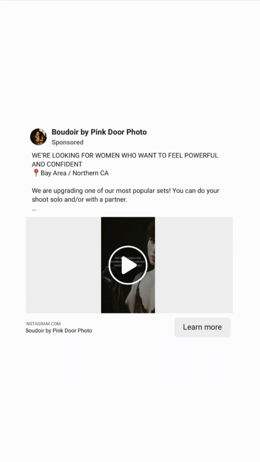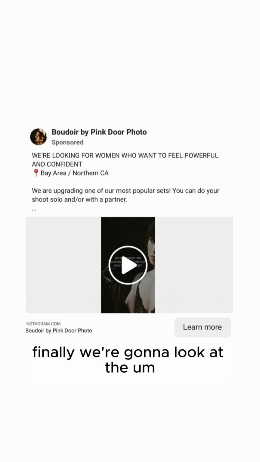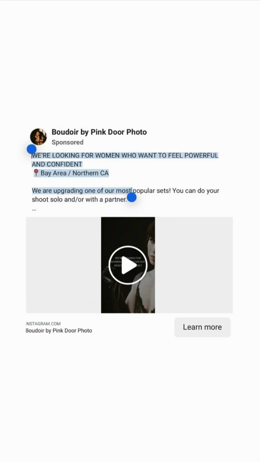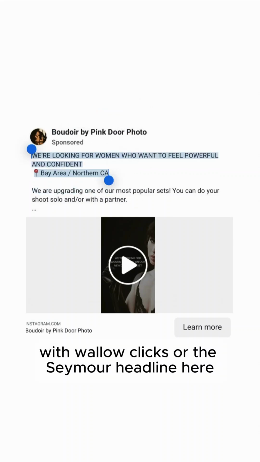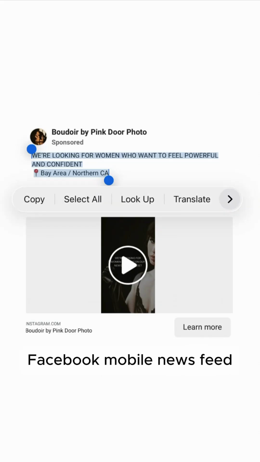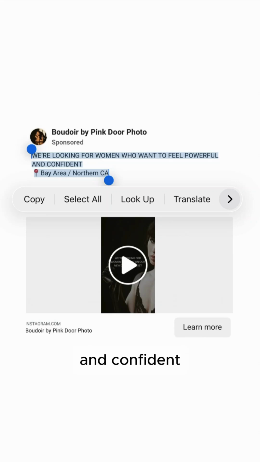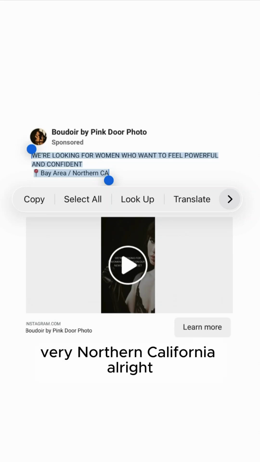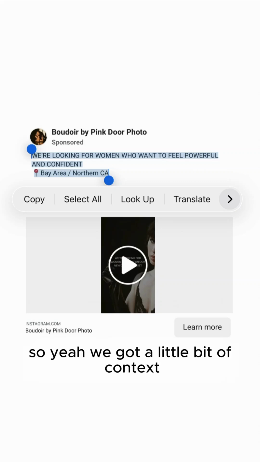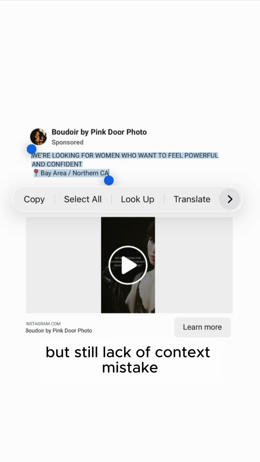and contributing to BLCS. Finally, we're going to look at the Boudoir low clicks, or the See More headline here. First 2 3/4 lines, Facebook mobile newsfeed. Looking for women who want to feel powerful and confident. Bay Area, Northern California. All right, so yeah, we got a little bit of context, but still